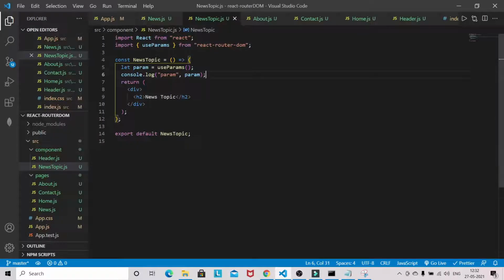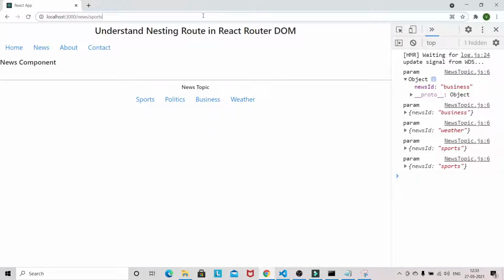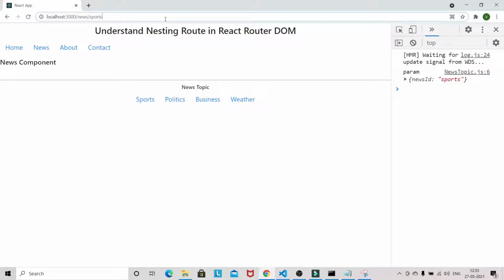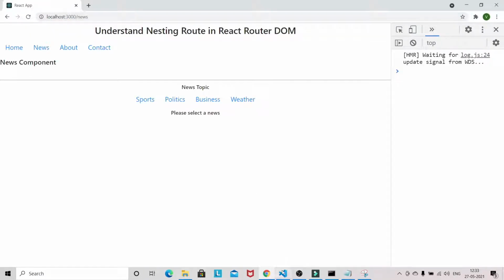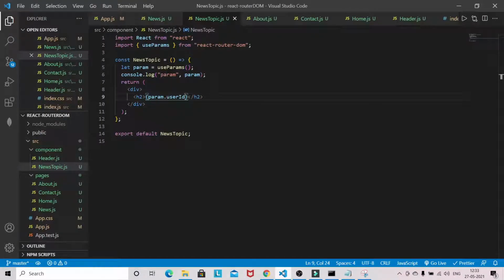You can do it like params dot news ID. Sorry, news ID, not user ID.